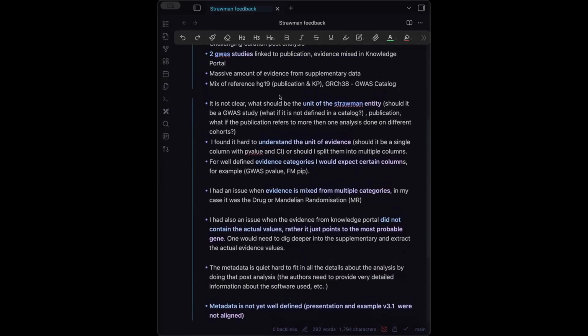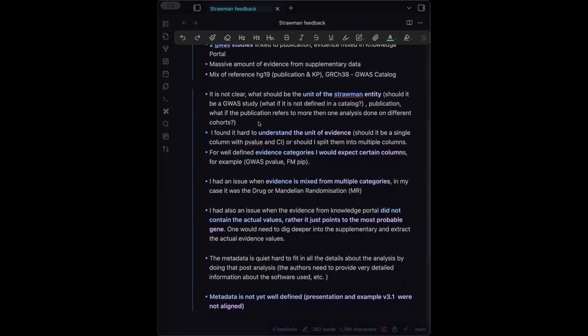And the last thing I wanted to comment on, I think that we could get some specific fields linked to the specific evidence sources that are required, because I had some struggle to understand what I should actually fill into the evidence. So, for instance, for GWAS, that's fairly understandable for me, but for other evidence it might not be that easy to follow up. Again, there might not be this issue if somebody comes with their own data and describes it themselves. And yeah, I think that's all of the issues that I got.